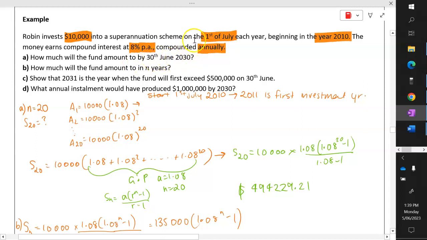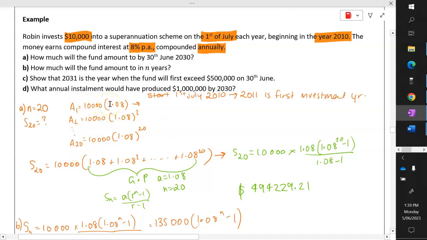The end of the 30th of June is the same as the start of the 1st of July. From 2010 to 2030, we've got 20 years. So it's a fairly simple one, and it's at the beginning of the year, so it's like that first example that I did above. We've got A1 down to A20, which is going to be 10,000 times